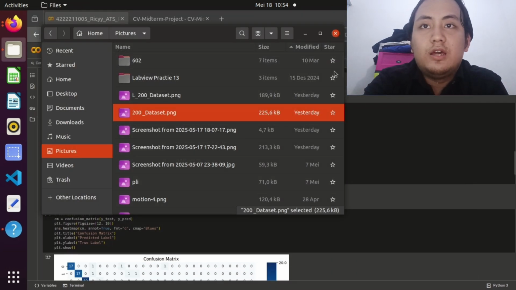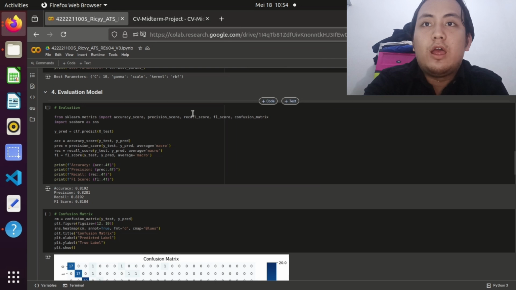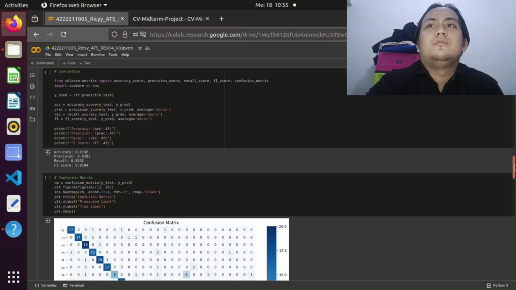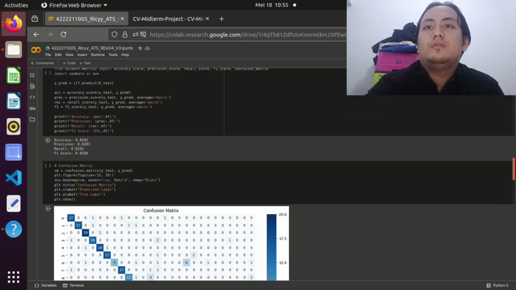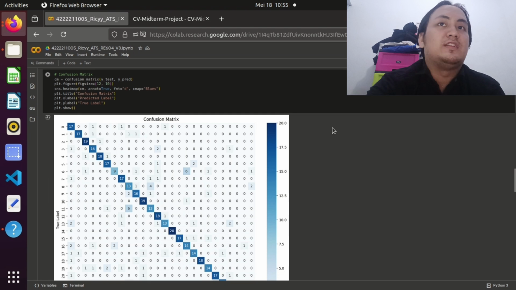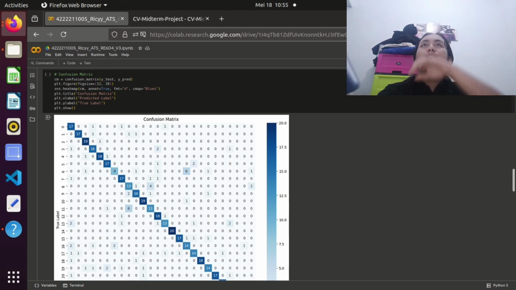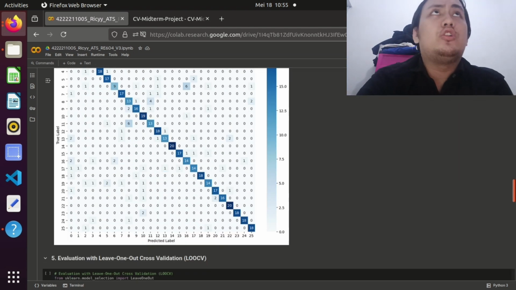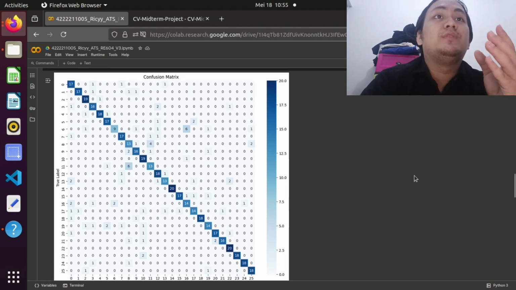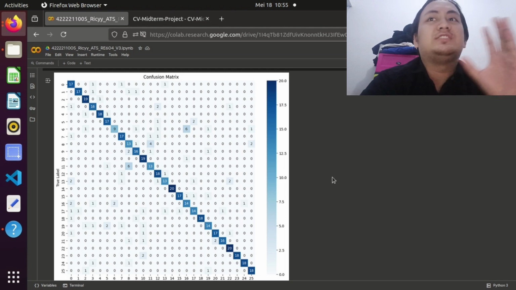You can see the accuracy skyrocketed to 0.85 because I doubled the dataset to 200 per letter. The accuracy was only 0.81 because the amount of samples for each letter is too small.